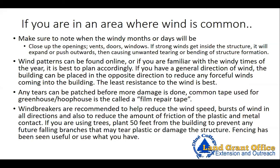The common type of tape used for greenhouse hoop houses is called film repair tape, and those are only temporary fixtures. If you have any type of tear, it's best to start planning to get another plastic covering, because those don't really last long, and when you try to repair them, it just gets even worse. Anyways, windbreakers are recommended to help reduce the wind speed, bursts of wind in all directions,